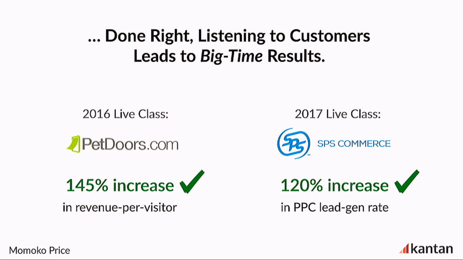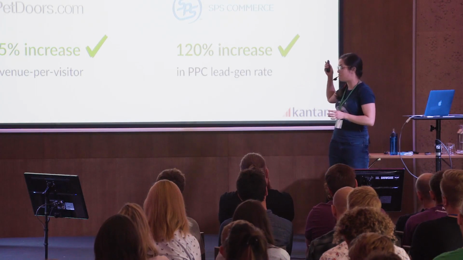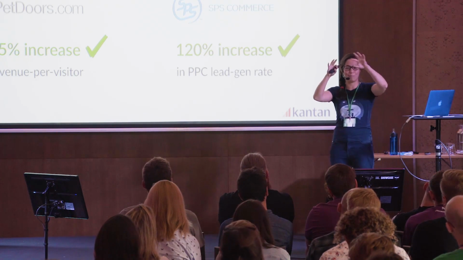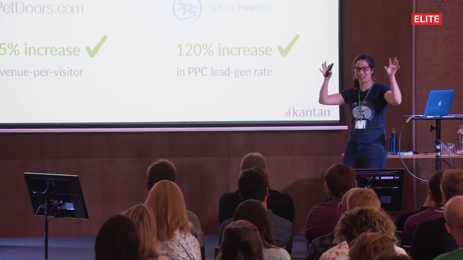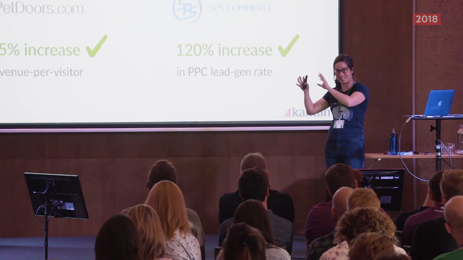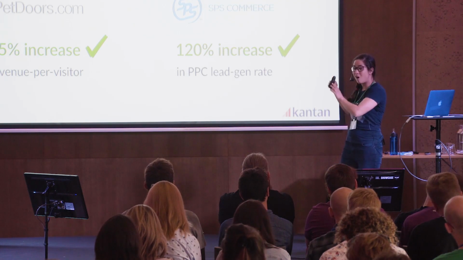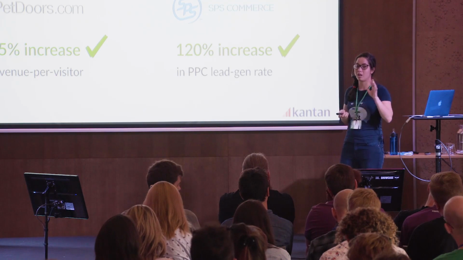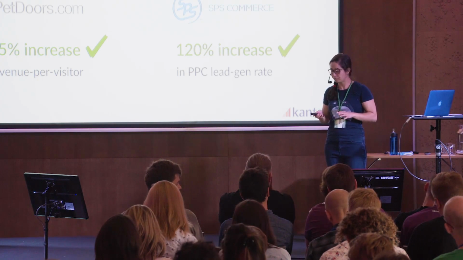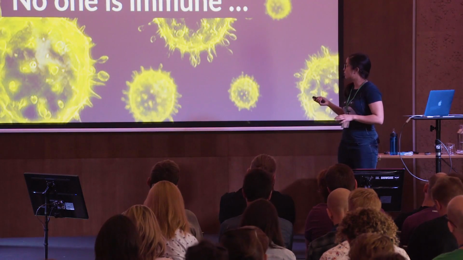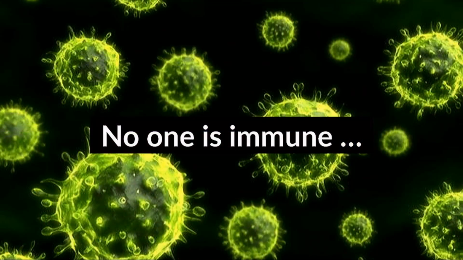So we rewrote the homepage to reflect this, and we saw a 120% increase in the lead gen rate compared to their long-standing in-house average. And still to this day, the page that I wrote for them has become the mother page of all these other variant, hyper-targeted pages that basically have the same message, but are used for different AdWords groups. And for the most part, they're all outperforming by a long shot what they had before. So clearly, a listening approach to copy works, and it works really well, right?